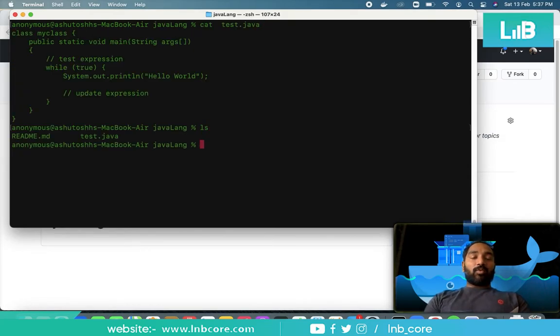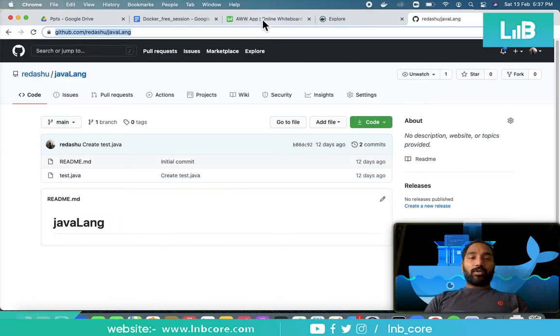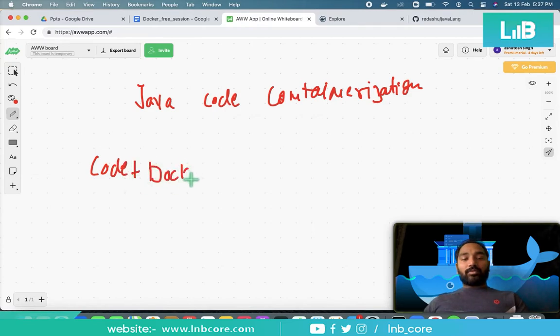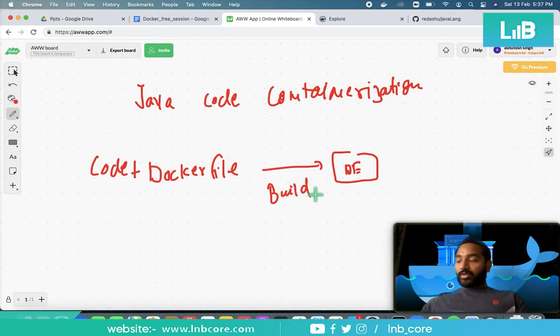If I have some code, it's a very standard practice that, no matter which language it is in, you have to write your own Dockerfile. Then you have to send one instruction to your Docker engine, and that is your build instruction. So I'm sending